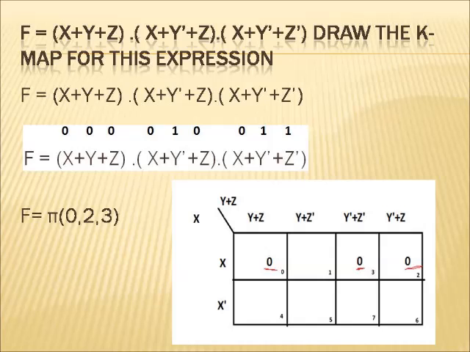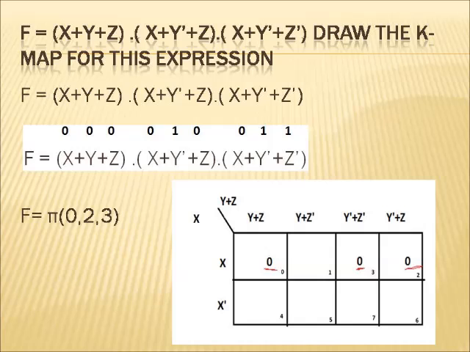Now here you can see I have drawn a K-map for the 3 variables. Of course there are 3 variables, right? X, y and z, right? You see the values, I am marking them as x bar, y plus z, y plus z bar, y bar plus z bar and y bar plus z. So of course you can see when it is the POS expression, we use the value 0 to mark the cells.